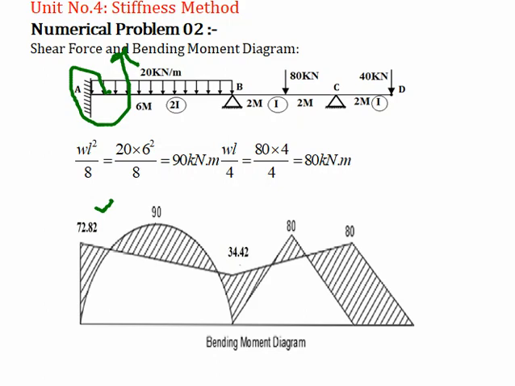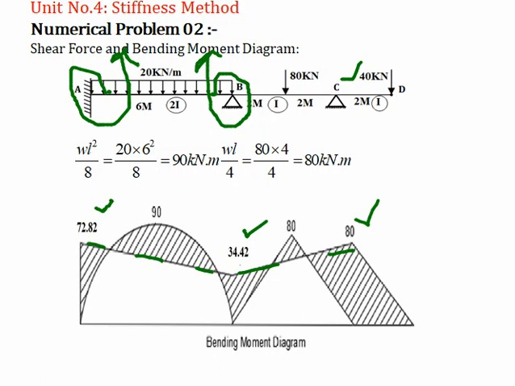End moment at B is 34.42. So keep your pen close to the B and rotate in a clockwise direction. It is a minus. So after one rotation, your arrow comes up after cutting the member AB. So show up 34.82. And at the C, there is 80 kilonewton moment due to the cantilever, and this one is your 80 kilonewton moment. So join with the line, you will get your bending moment diagram due to the end moment.